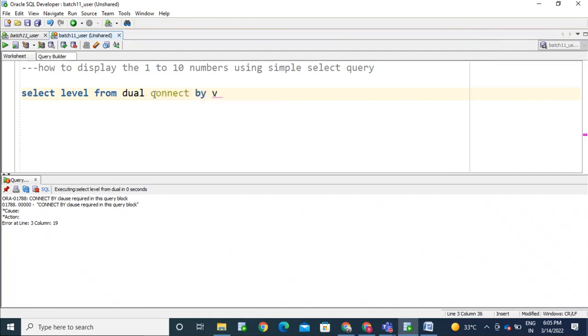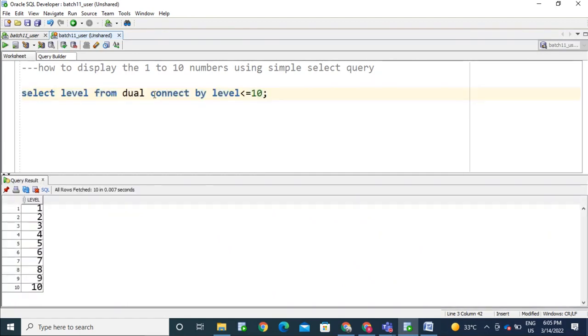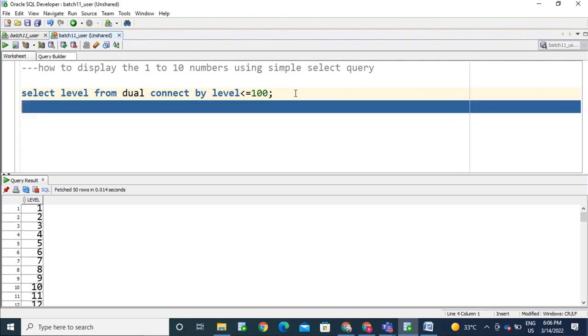Connect by level less than or equal to 10. See, it is displaying the numbers 1 to 10. If you need 1 to 100, you can get the data 1 to 100. In the same way, now I'm going to do the same thing using